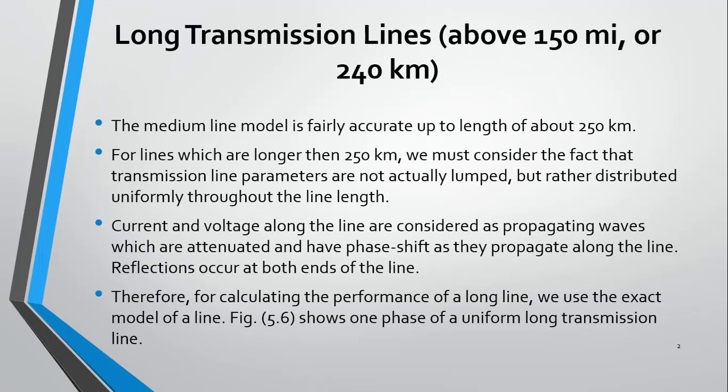In the short transmission line, I told you that a line whose length is less than 50 miles or 80 kilometers is a short transmission line. In the short transmission line, the model includes R and L, but we ignore the capacitance, because, as it is connected in parallel, we can ignore the capacitance value. While in the medium transmission line, we consider the capacitor, and the model developed is either the T model or the pi model, and we calculate the ABCD parameters by using the T or the pi model.